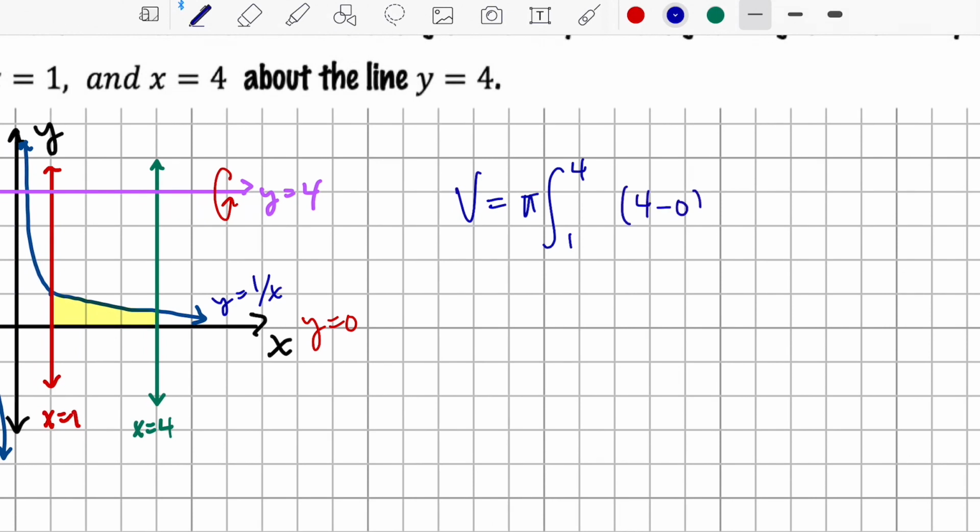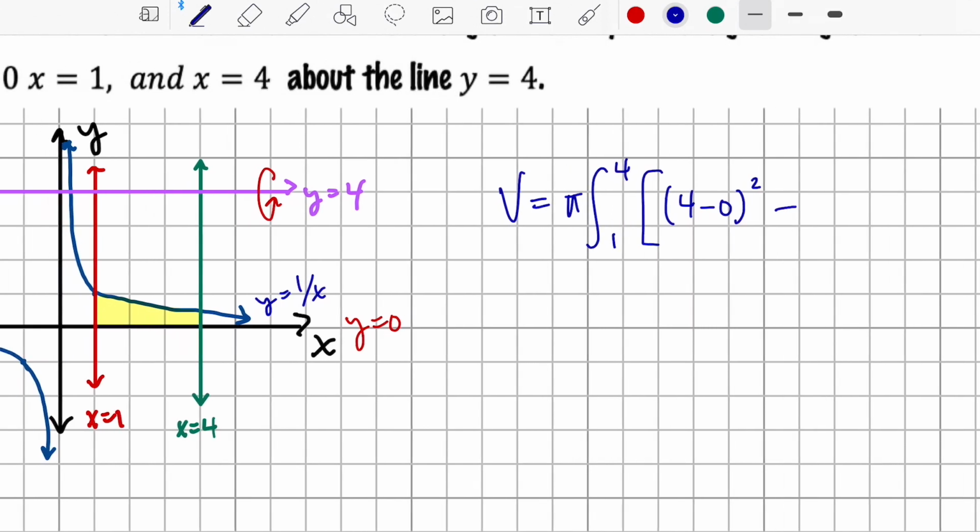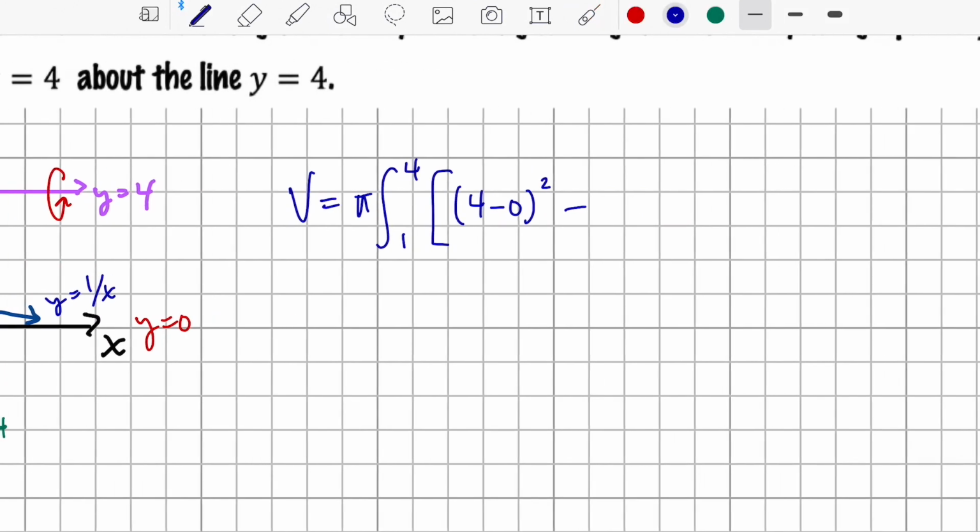So it'll look like this: 4 minus 0 squared, minus, and then again, this function 1 over x is closest to the axis of rotation, so it'll be top minus bottom, 4 minus 1 over x, and we have to square that,